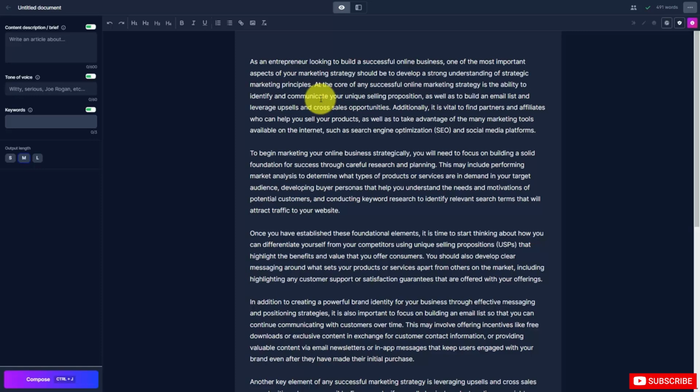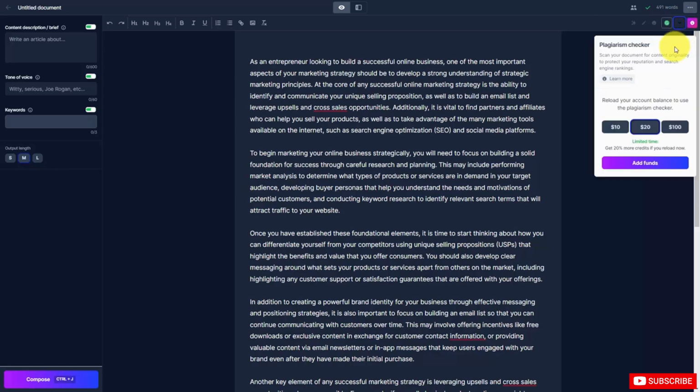Now, there are 2 aspects of your document in boss mode, and you'll see them here in the right hand corner. What you can do is enable Grammarly. And once Grammarly is enabled, Grammarly will then start to analyze your document for things that you can correct. You're also going to see a plagiarism checker. Now, in order to use the plagiarism checker, this will require a payment for you to use the interface within